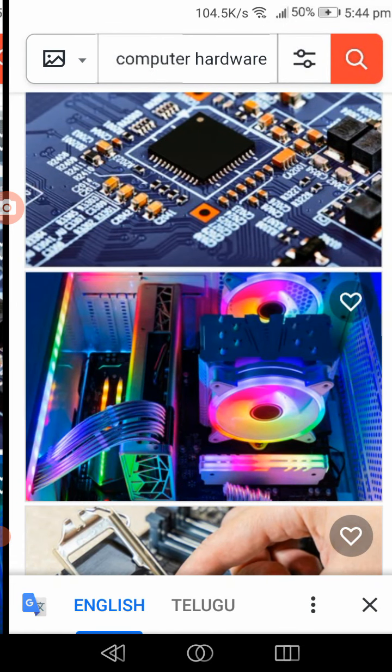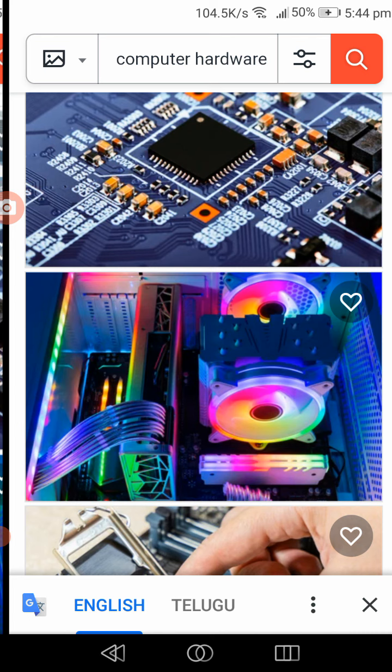What is NIC? Network interface card is called NIC. What is the use of NIC? Answer is, this card or device connects the computer to the special device called switch.